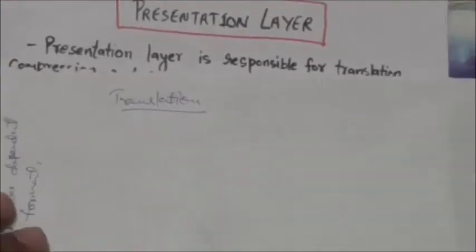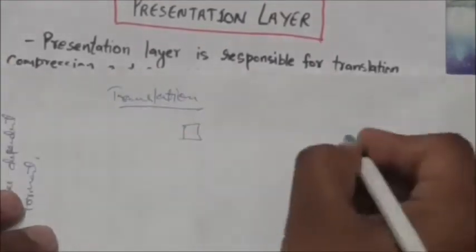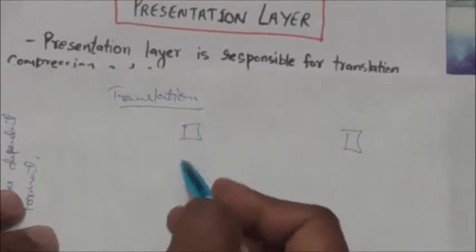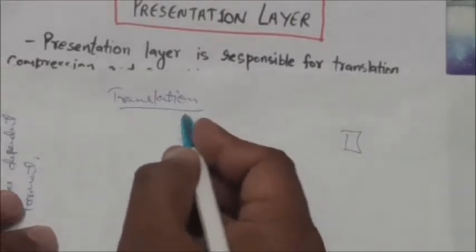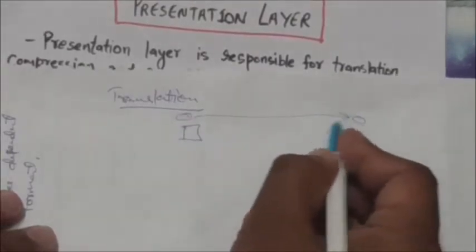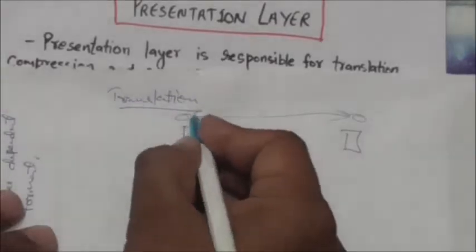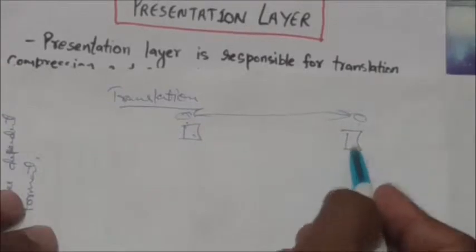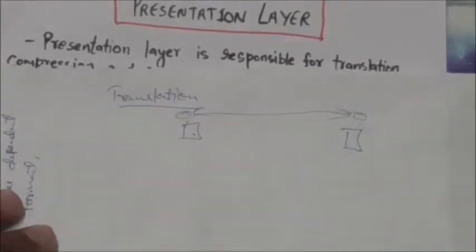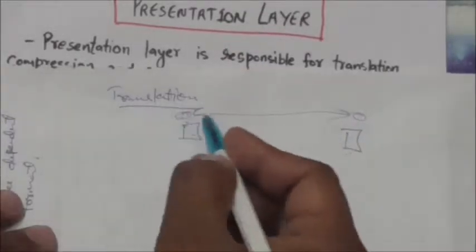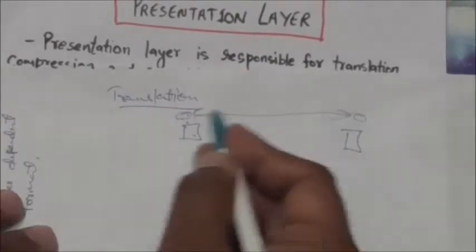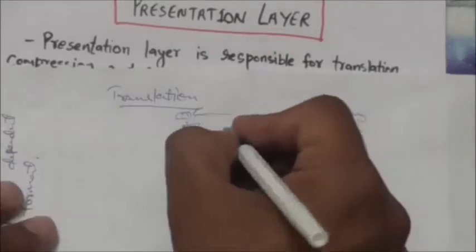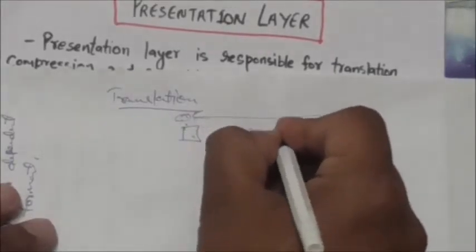Now see what happens. Suppose there are two systems, right? And the processes in these two systems are exchanging information, right? The process of one system is exchanging information with the process of another system. So what is the problem? The problem is that as these processes are exchanging information, they usually exchange information in the form of character strings,